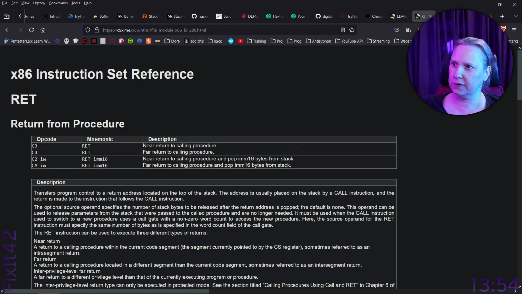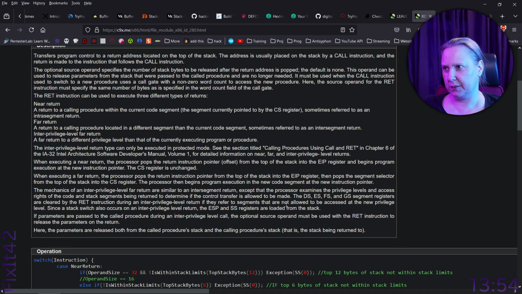And this one: near return to calling procedure. And what does it do?